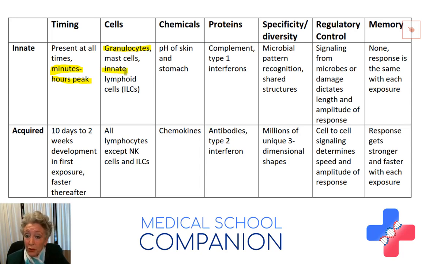Of the chemicals that are involved in this early response, it's going to be things like the pH in an area that can immediately destroy some microbial agents, and it can be things like the skin pH or the stomach,